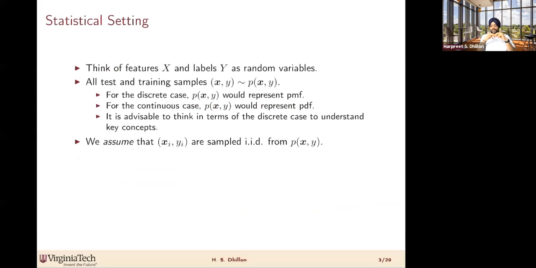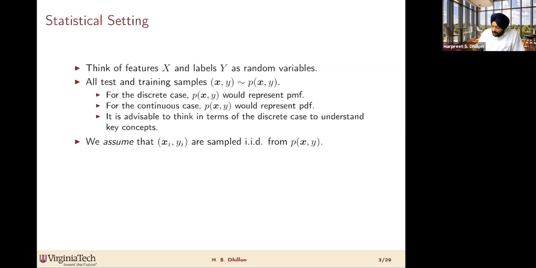All right, so let's revisit our statistical setting. We have input features X, labels Y. That was the setting we have had since our first lecture. And we are assuming that your features X, Y